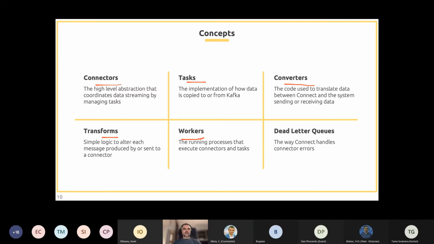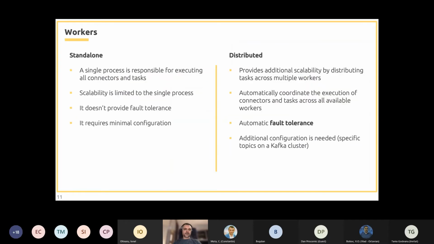And Kafka Connect also has support for dead letter queues. It's not a new concept. It has been around for quite some time, and it is implemented in other technologies as well. Let's dive a bit into each concept.